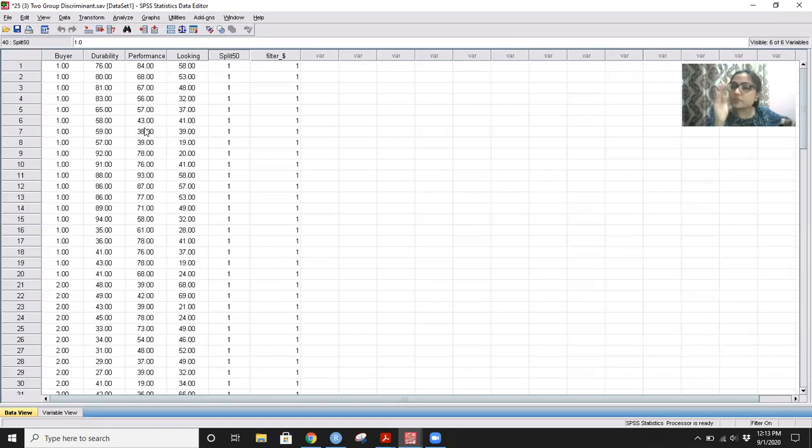So for each of these groups, there is a variance-covariance matrix. I'm saying that this variance-covariance matrix should be equal. So we call it the homogeneity of variance assumption. And to test it, we have a statistic called Box's M statistic. That will come across when we look at the output.